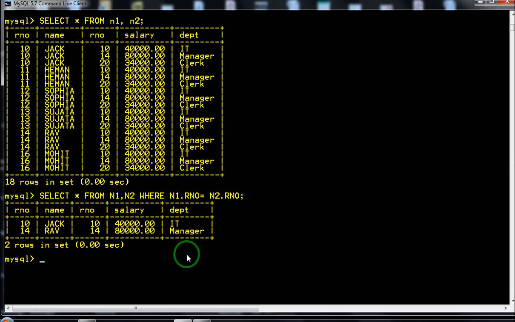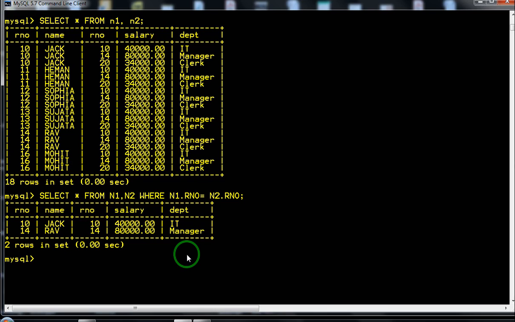So now coming to non-equijoin. In equijoin, we compare the columns for equality. That means we use the equal to sign in case of equijoin. A non-equijoin query is a query that specifies some relationship other than equality between columns.